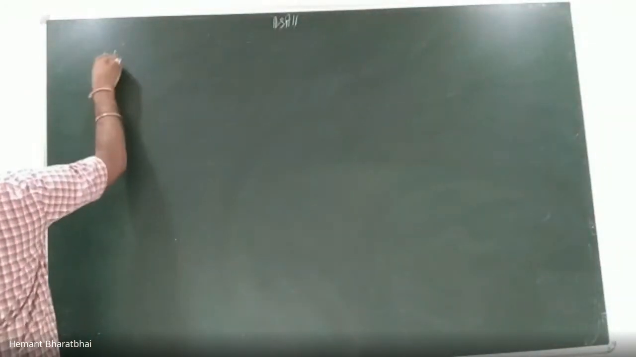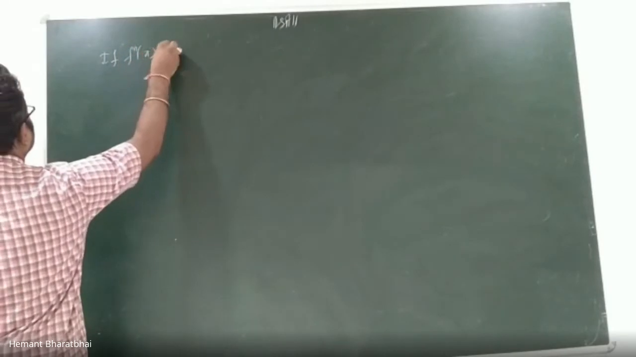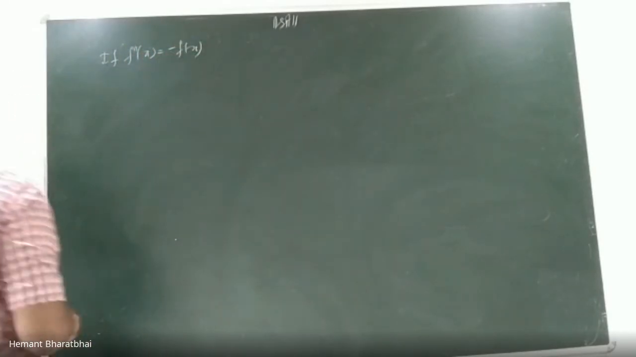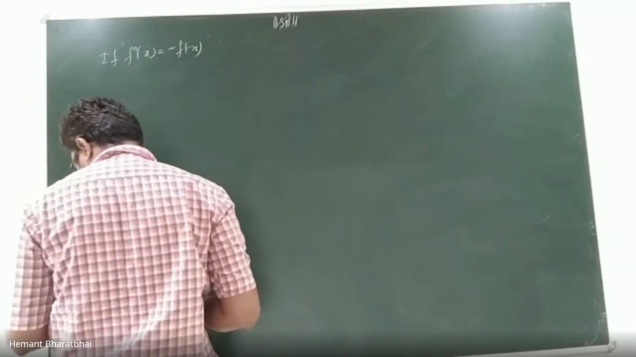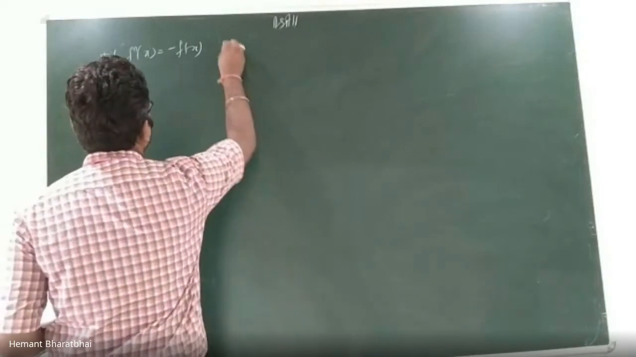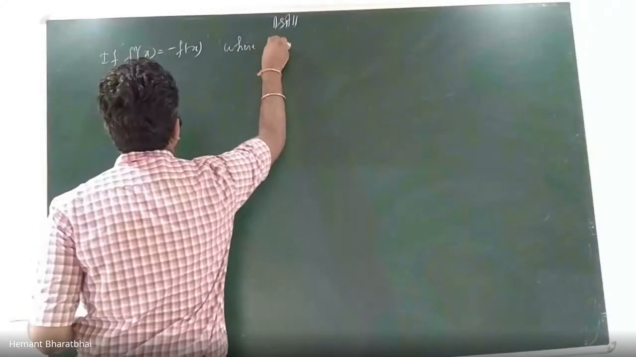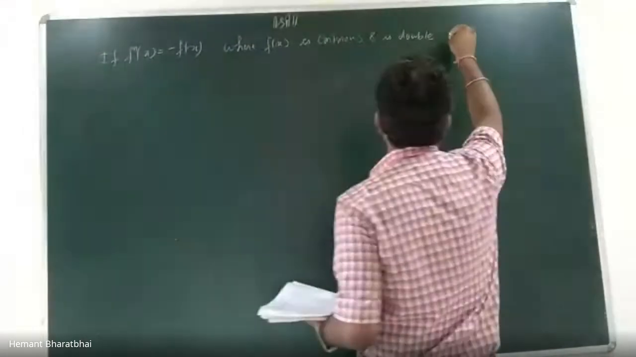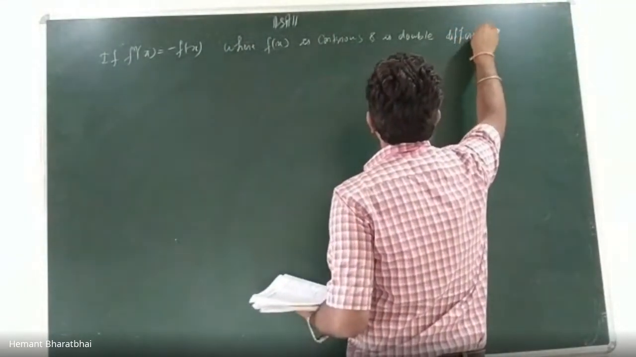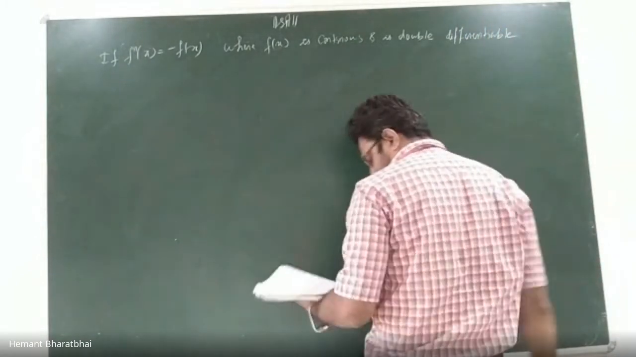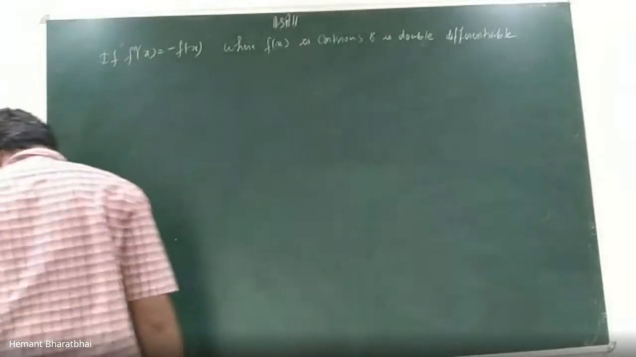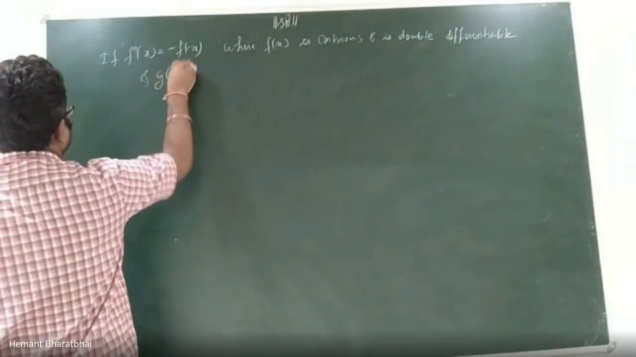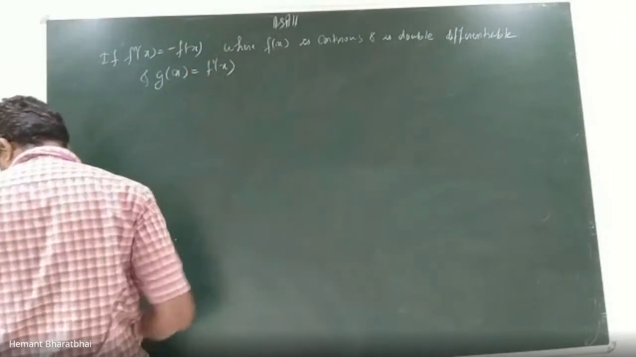Okay. Let's see next numerical. If f double dash of x is equal to minus f of x, where f of x is continuous and double differentiable, which means I can take its derivative two times, and g of x is equal to f dash of x,